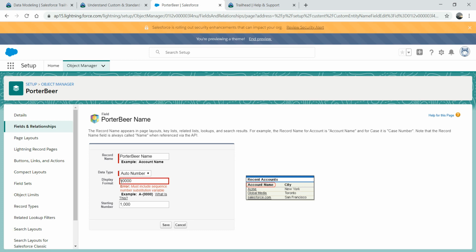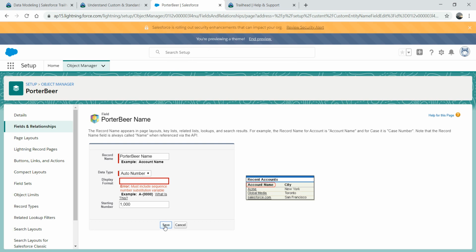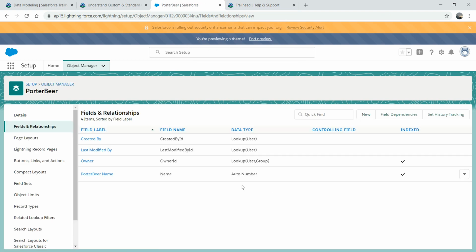Okay, I just forget about this display format for now. Right, so we just keep it simple and just make it order number, right? So now we need a name. As I mentioned, we need two fields: name, and information about the pricing, right? The way you create a field is pretty much similar to what we've done for the standard object, right? So you go to new,